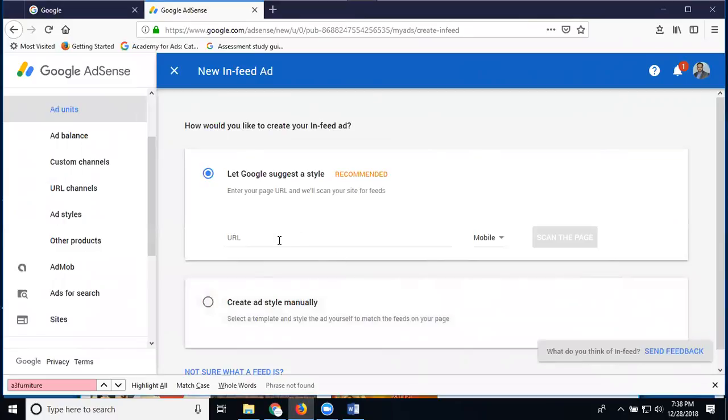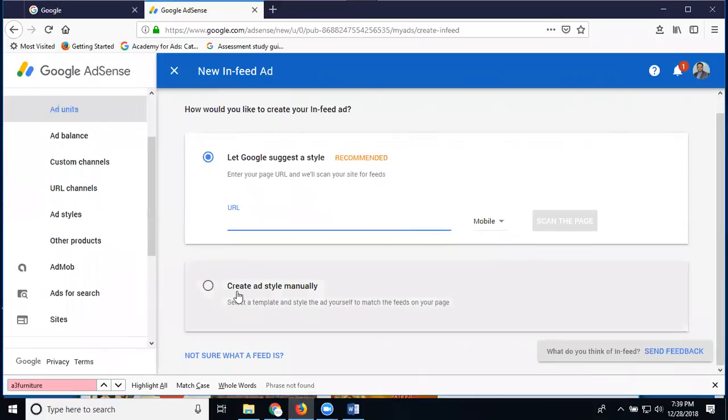First of all, add your ads; you can search for desktop or mobile. Add your website. Click to scan your page. Create ad style manually, or let Google suggest a recommended style. Enter your page URL. We can scan your site for feeds.